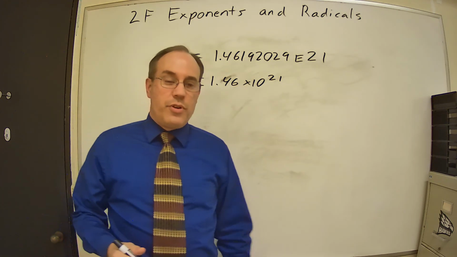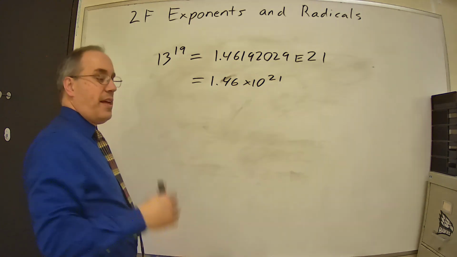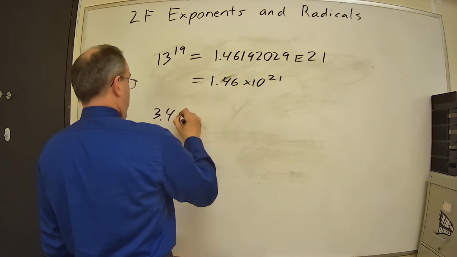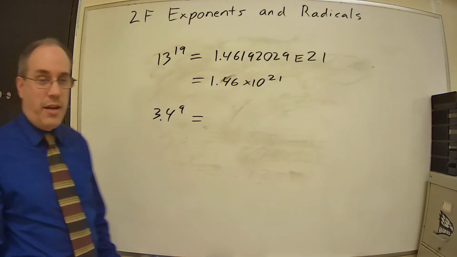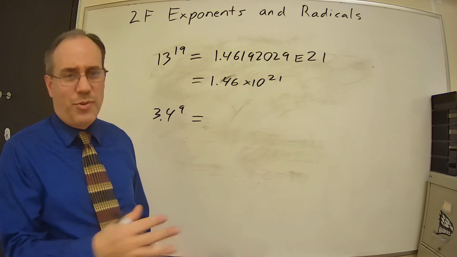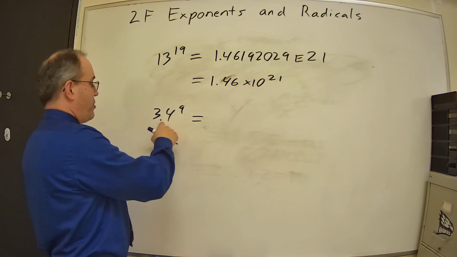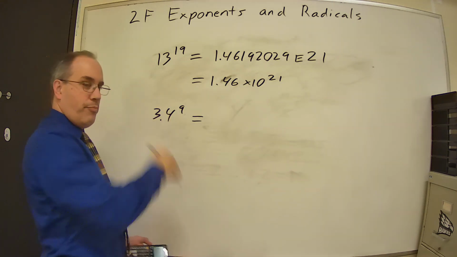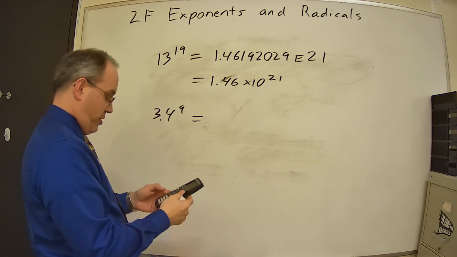Well, let's do a couple other ones and change things a little bit. What if we have a base that's not a whole number? So 3.4 to the 9. Well, again, definitely would not want to have to do that by hand, because once you start dealing with multiplying decimals over and over again, it just gets horrible. If I were to do that, I would end up with 9 decimal places involved and some relatively large number. So luckily, I can just go 3.4 raised to the 9th power,